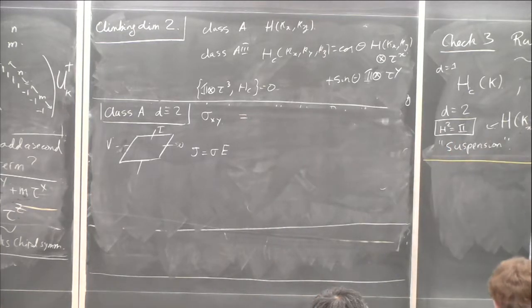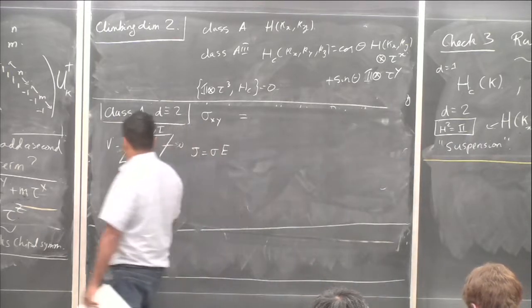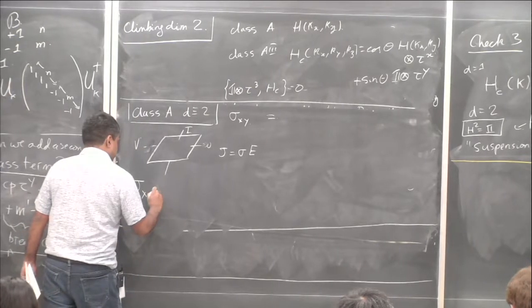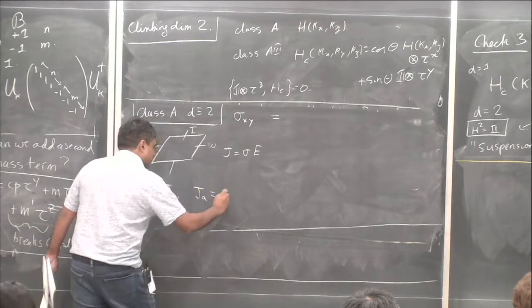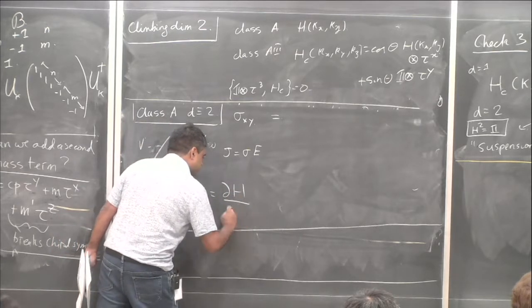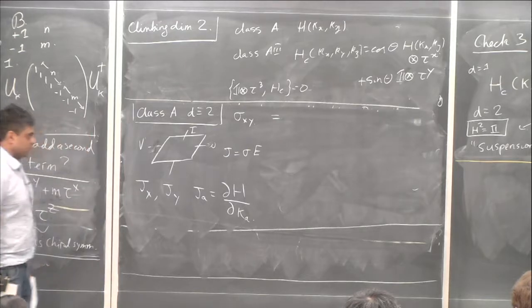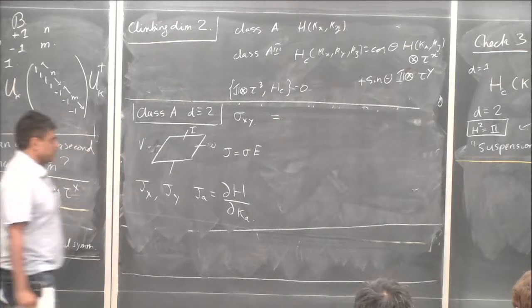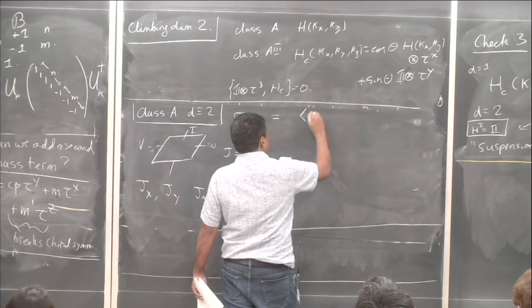Again, you can write down an expression for this Hall conductance. You can write it in terms of the current operators, Jx and Jy. It's just the derivative of the Hamiltonian with respect to the momentum. Okay, that's what gives you the current operators. And the Kubo formula tells you that this